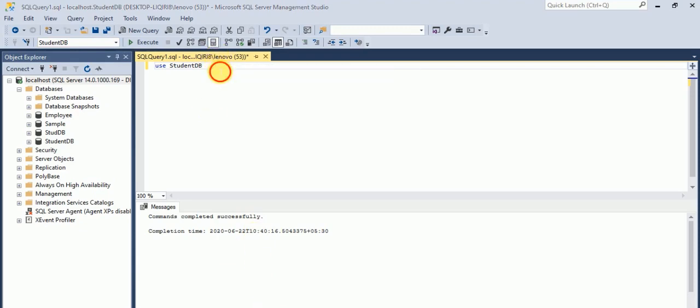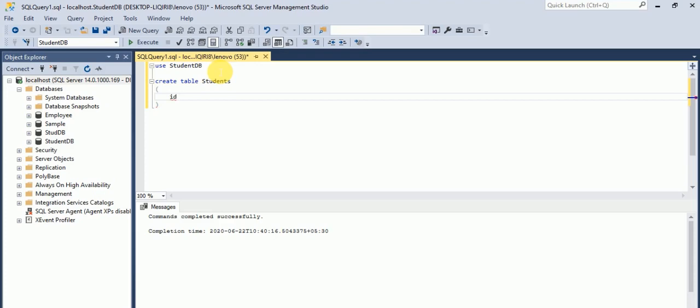Now we'll create a simple table with two columns. Since we have a student DB, we'll create a student table. The statement for creating a table is create table, then the table name. So my table name would be student, and it will have two columns. The first column is ID.